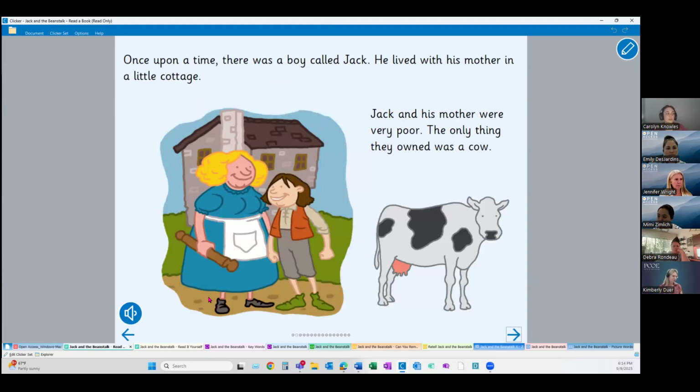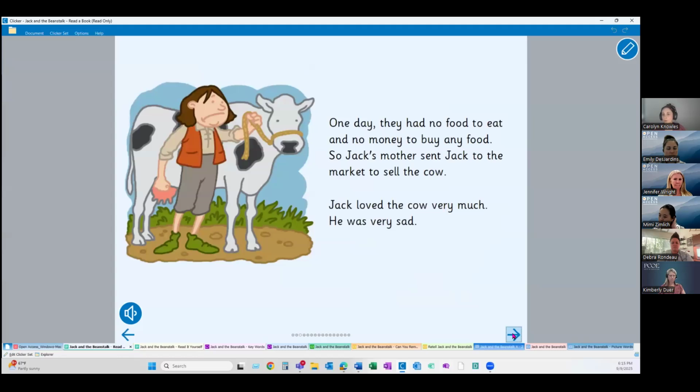And these are speech supported through our little Speak Text icon down here. I'm not going to have it read the whole page, but it will if you let it. Once upon a time, there was a boy called Jack. And it will highlight also as it's reading aloud. So we're getting the spoken text along with following along with the highlighting as well. And again, the arrows let us move through our book. So we're reading about Jack and the Beanstalk.